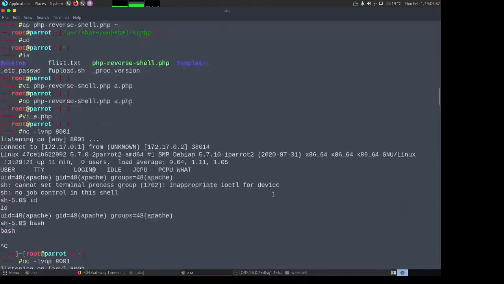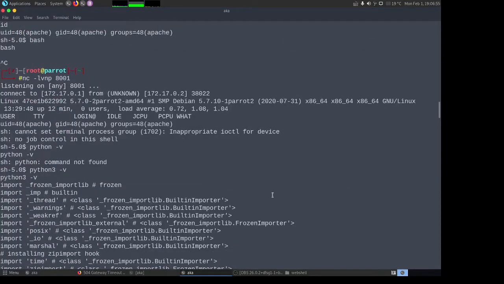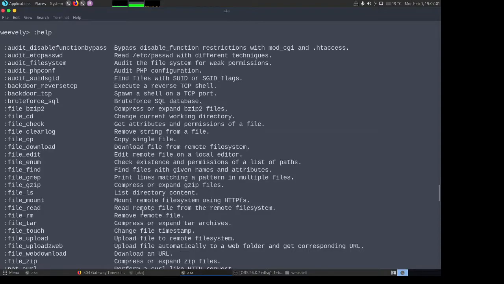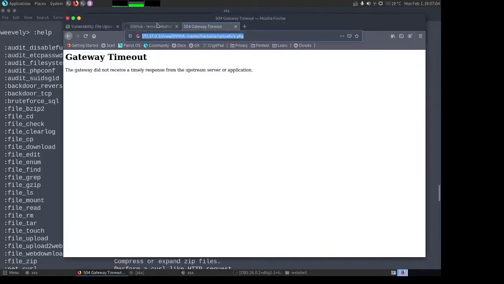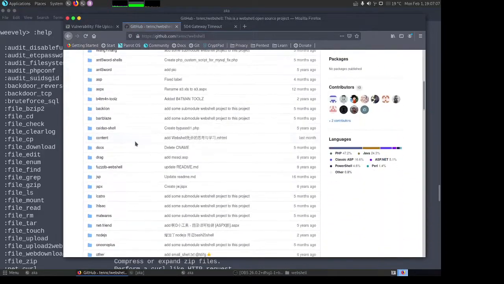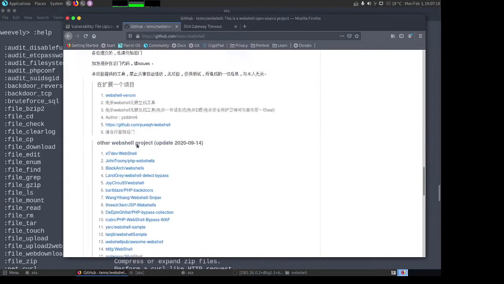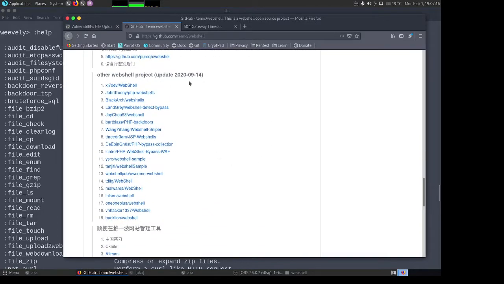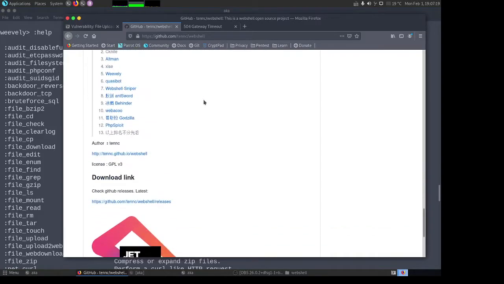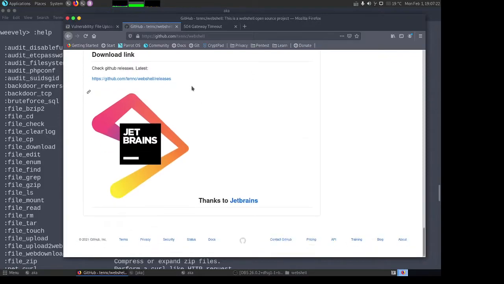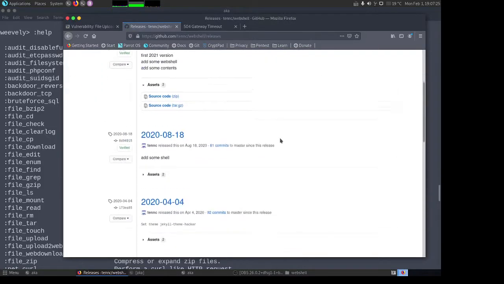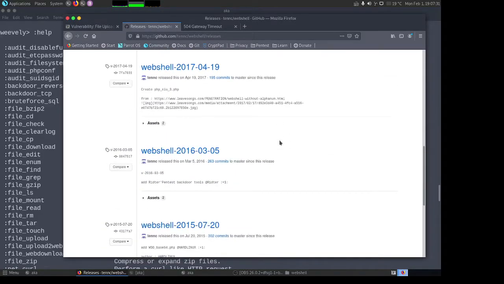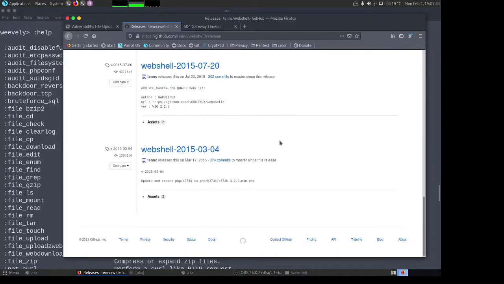Weevely is a program that you can directly install on Kali, on Parrot, or any of those operating systems. But if you are not interested in generating a Weevely shell, then definitely you can go and have a look at these shells and use any of the ones that you really want to use. And it also lists a lot of other web shell projects which you can go and look at if you want to have a look at those. And it has some release pages, but since this is completely a source code thing, I don't really see a reason why you would want to go to a release and directly download it from there.